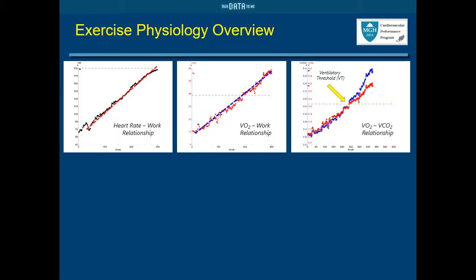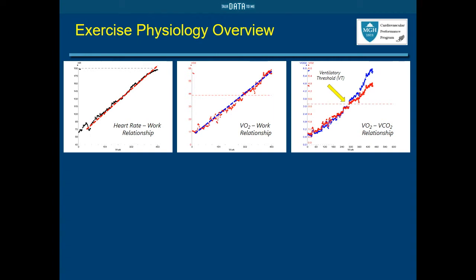So when we take an athlete into the exercise lab, as I said, there's lots we can measure, but there are really three fundamental relationships which are all you kind of need to know. The first is the heart rate work relationship. On the first graph you see on your right, you'll see heart rate plotted against work in watts, and watts can be measured on a bike precisely, but can also be generated by a conversion estimation from time on a treadmill or time on a rowing ergometer. But the basic take home is that there's a direct linear relationship between heart rate and work. The harder you work, the higher your heart rate.